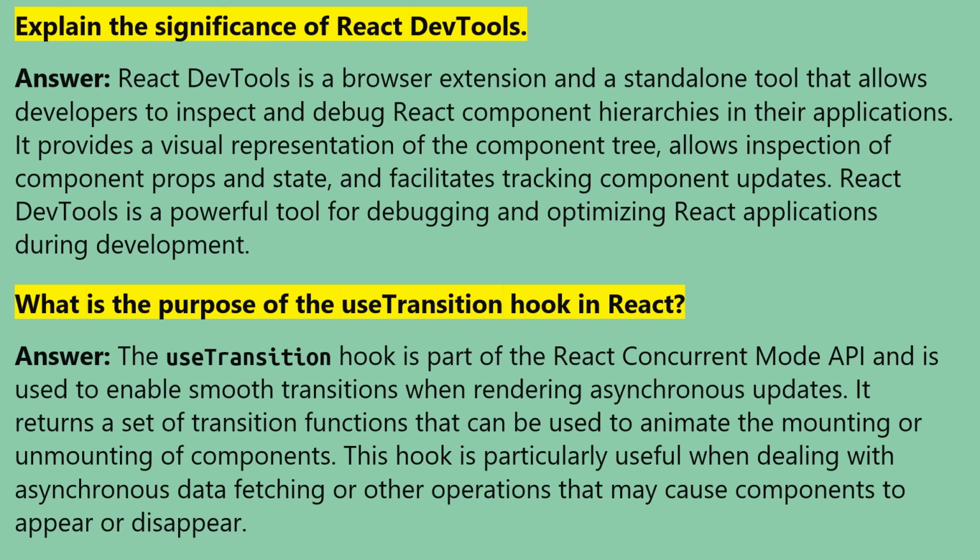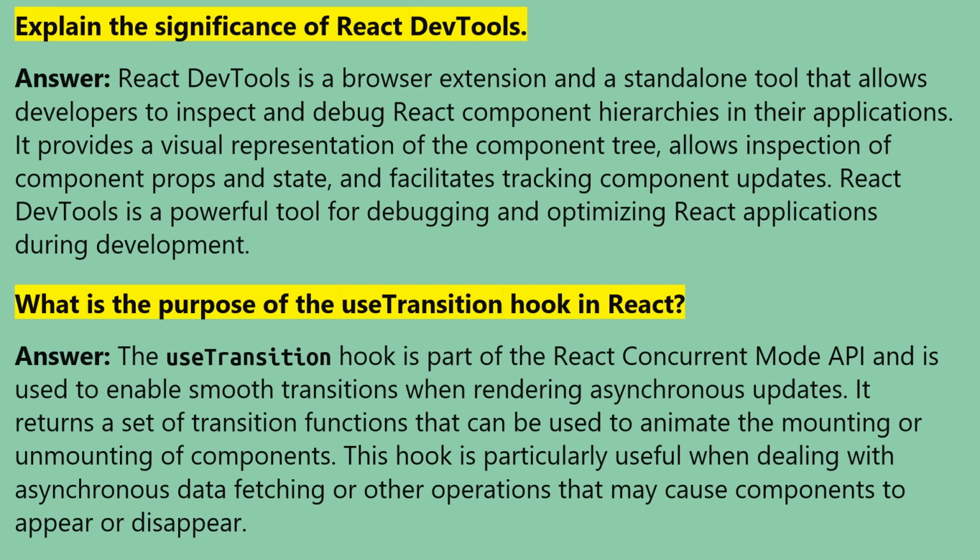What is the purpose of the useTransition hook in React? Answer: the useTransition hook is part of the React Concurrent Mode API and is used to enable smooth transitions when rendering asynchronous updates. It returns a set of transition functions that can be used to animate the mounting or unmounting of components. This hook is particularly useful when dealing with asynchronous data fetching or other operations that may cause components